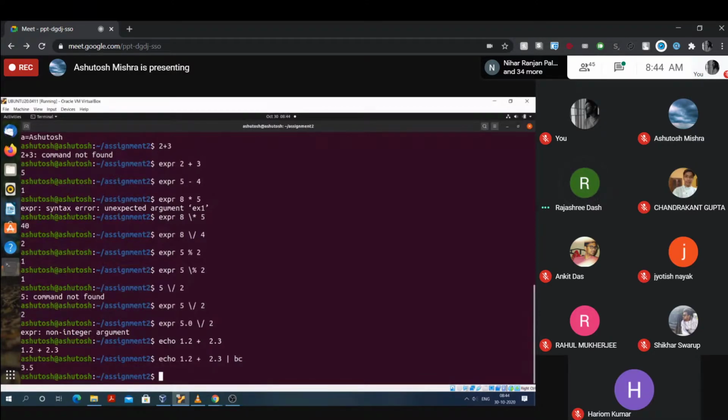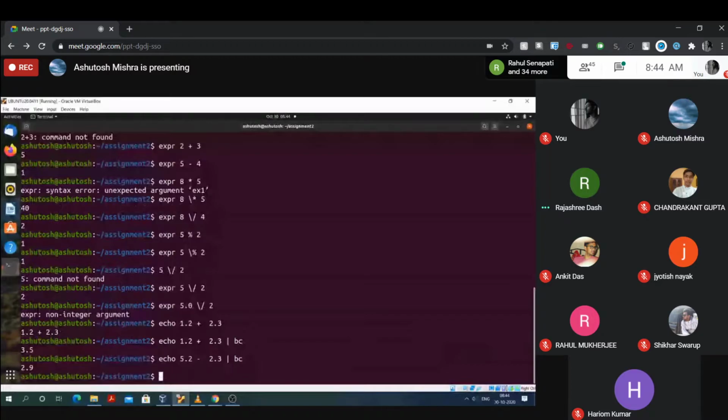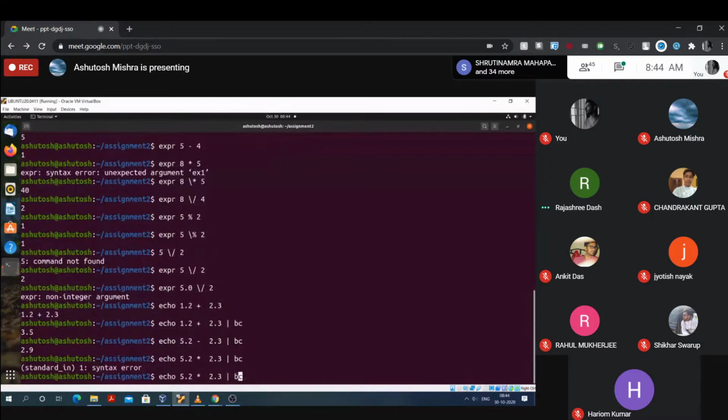Remember this one. Now similarly check for the subtraction of two floating point numbers. Same way, check the multiplication of two floating point numbers.